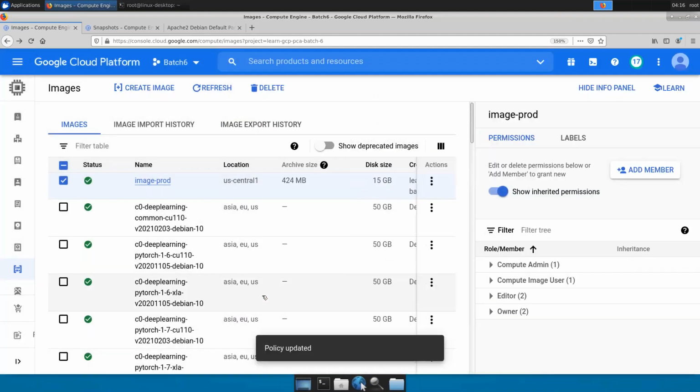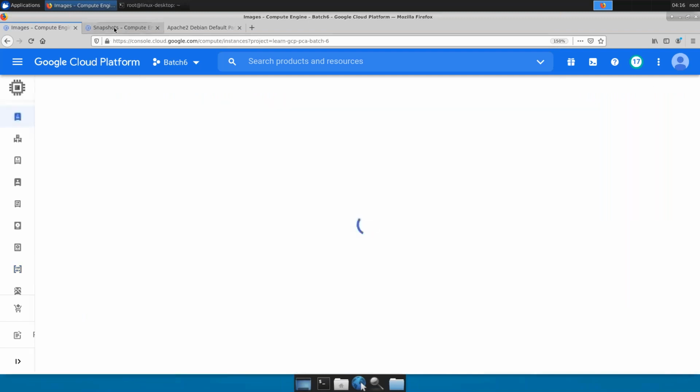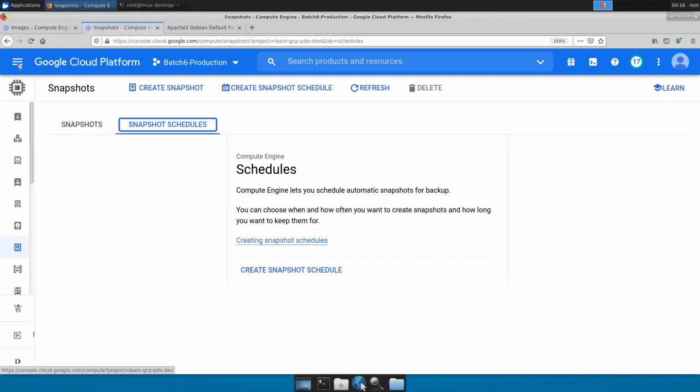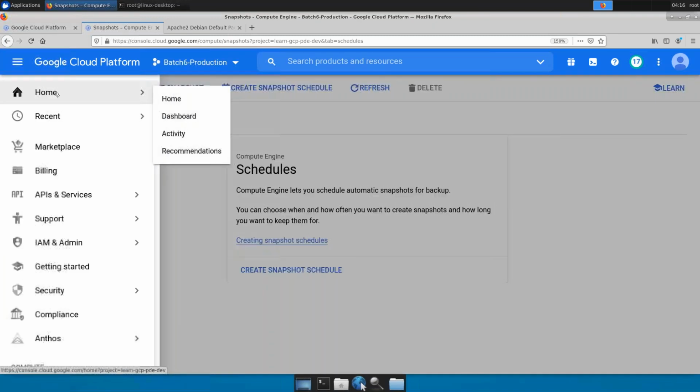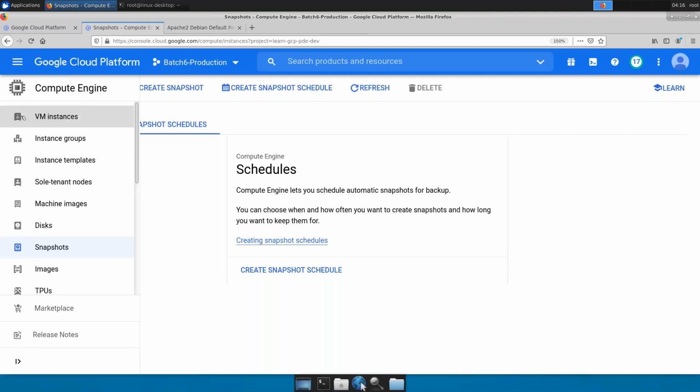Now when this user logs in to any of the projects, he just needs to mention a couple of lines. Basically, I want my image from this project, and the name of my image is this one. That's what he needs to mention. Something like when you did here, right? When you created it in a batch in the production project, there were two lines which you mentioned, because it was a different project altogether, right? So what we mentioned was something like,